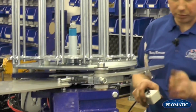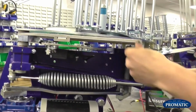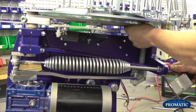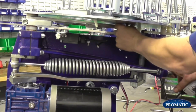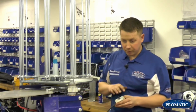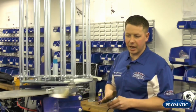You'll see the arm sticking out. Nudge it round. 11 o'clock. Push under. Again, you'll hear that dung. Now the machine is perfectly safe. We can push that arm, not a problem at all. It's a perfectly safe position. What a lot of people sometimes do, and this is one of the main problems that can happen,